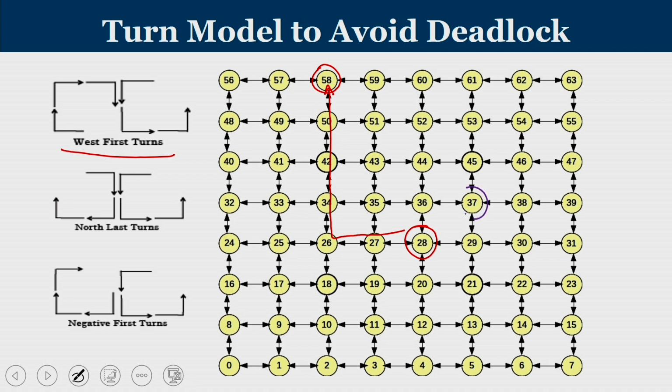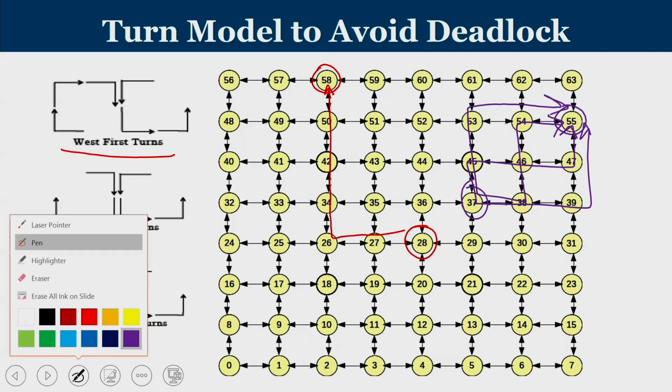Now let us consider my source as 37 and destination is 55. I am applying west first routing. Actually there is no need to travel to west because my destination is towards east of 37. In this case there is no restriction. If at all I travel to west, it should be first. So I can travel like this, that is route number 1, this is route number 2, this is route number 3, this is route number 4, like that all options are there because I am not violating the west first turns. So if the destination is towards the east of a router, then west first routing will give you the very best performance. Similarly, we can try with north last routing also.